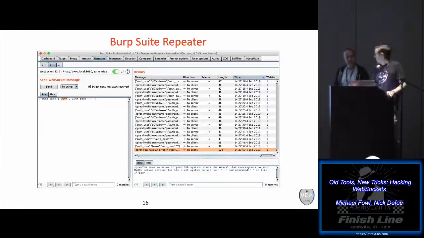So before we move on, this is what the Burp Suite repeater looks like with the WebSocket module. You can see on the left there your ability to edit the payload, and then on the right has the different messages that are being sent back and forth from the server and to the server and back to the client. So very useful, but again, with Burp as it is,